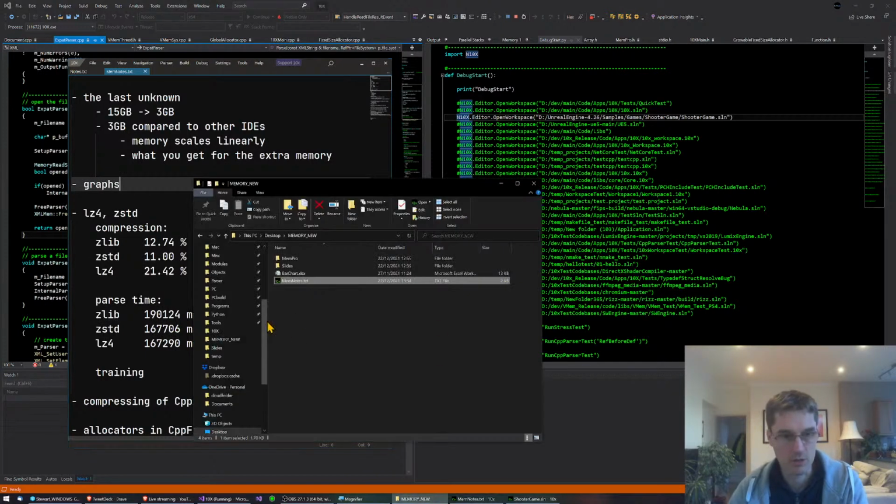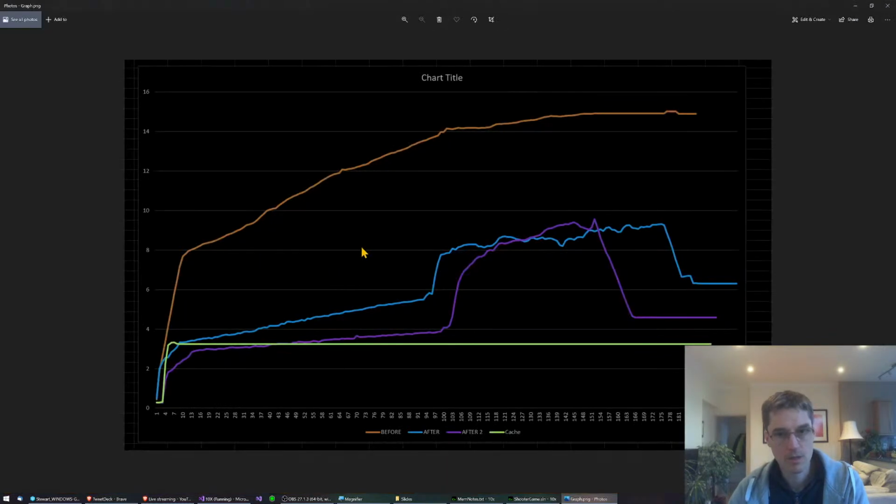Actually, before we do it, I'll just show you quickly the graphs, because I love graphs. So this is a graph I showed you last time. This is original before I started any memory optimization, and this is parsing the entire Unreal project, which takes a couple of minutes. So as you can see, it's getting up to around 15 gig at the time, just growing all the time. The blue line is what it was last month, so that was the first optimization I did, which is compressing a lot of the data. The purple line is how it is now, today. So I've done a lot more compression, and as you can see, it saved quite a bit of extra memory